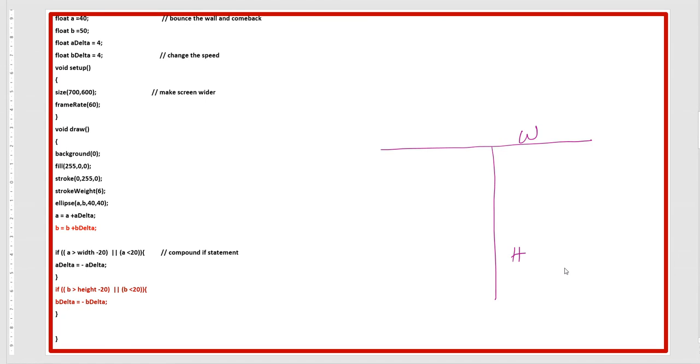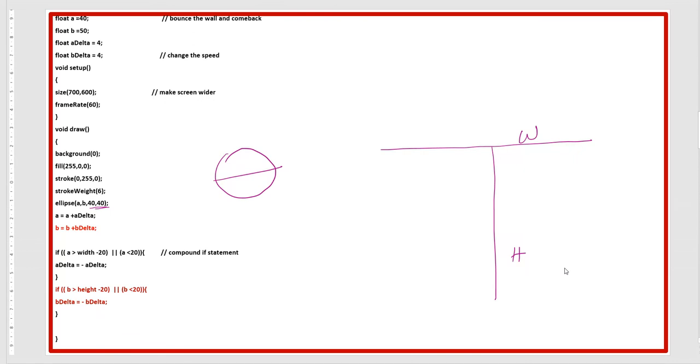So b, which represents the y-axis, is greater than height, right? So you have to use this keyword height. Here we have used width for the x-axis, and for the y-axis, height minus 20. Why minus 20? Because our ellipse diameter is 40, right? So you have to subtract half.